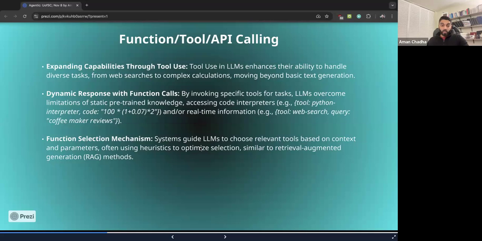It could be one particular call, it could be multiple calls, and I'll talk more about the different forms of API calling as well. We're not limited to a single function call to serve a particular input query. We have various different patterns there: single, multiple, parallel, and multiple parallel. There are 4 different strategies, and we'll touch upon that in a later slide.